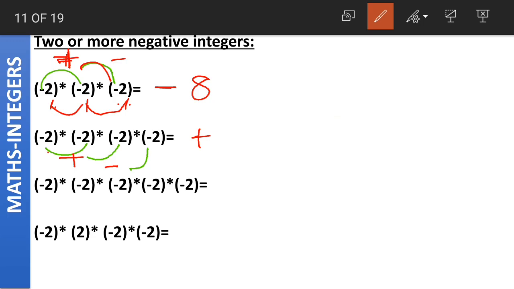Is this clear? Minus into minus gave us plus. Plus into minus is minus. Minus into minus is plus. Now coming to the absolute values, 2 2s are 4, 4 2s are 8, 8 2s are 16. Understood class? First we find out the sign of the result and then we multiply the absolute values of the